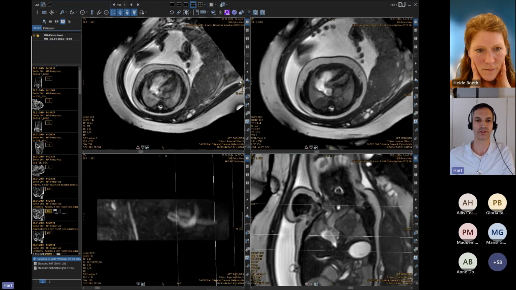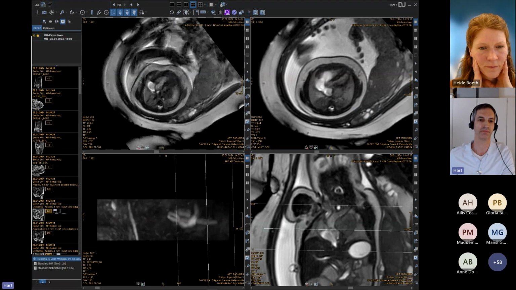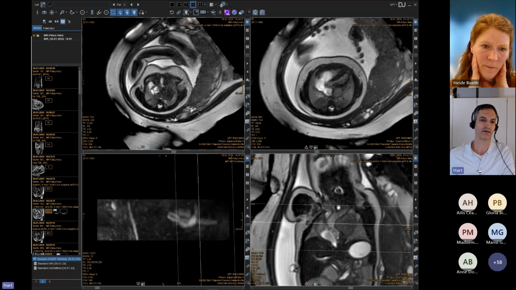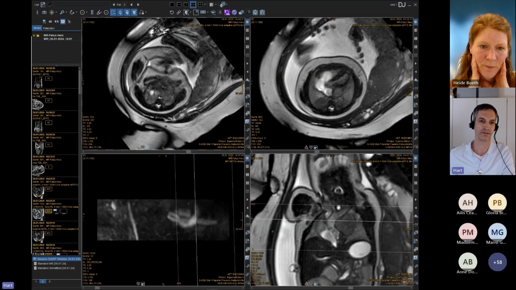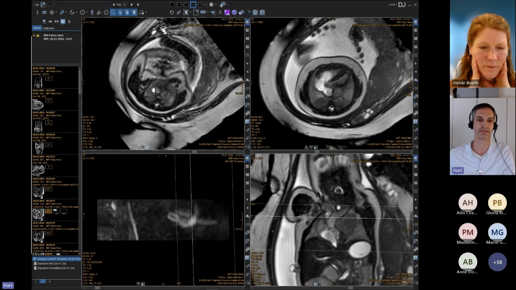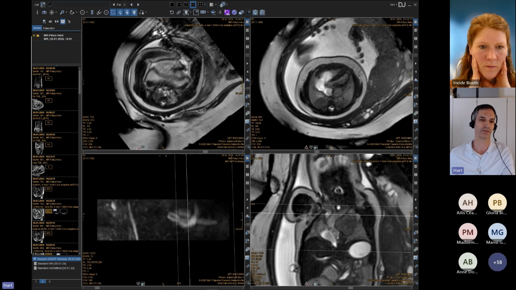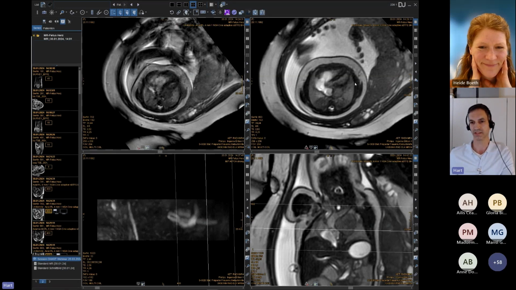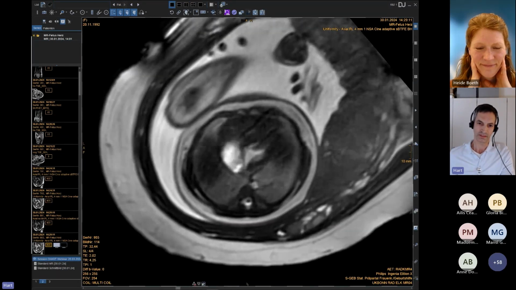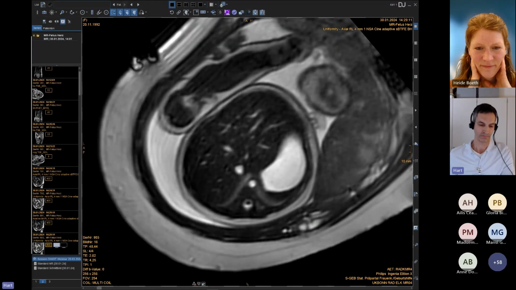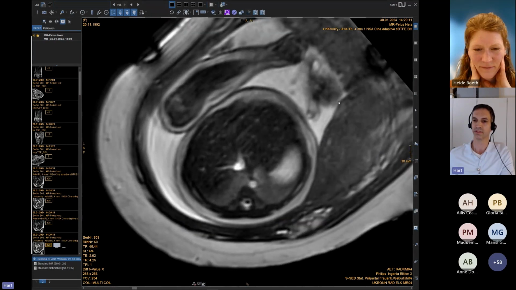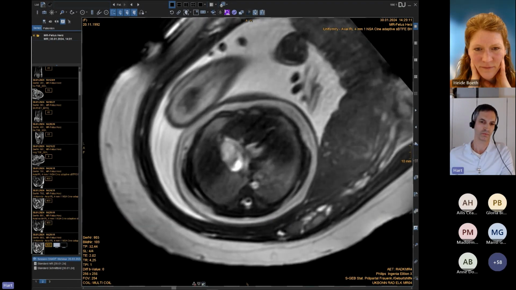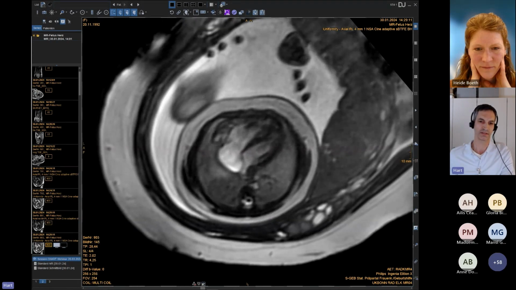Okay, first try in this case, cine imaging. You get an idea of the enlarged left pulmonary artery, but you see blurry images due to the mother's movement and breathing. Breath hold wasn't possible, and of course we had movement in the child, in the fetus. So as a next attempt, we tried to do it without breath holding. We had 2 repetitions in the scan, and we got pretty good ideas of the ventricles.